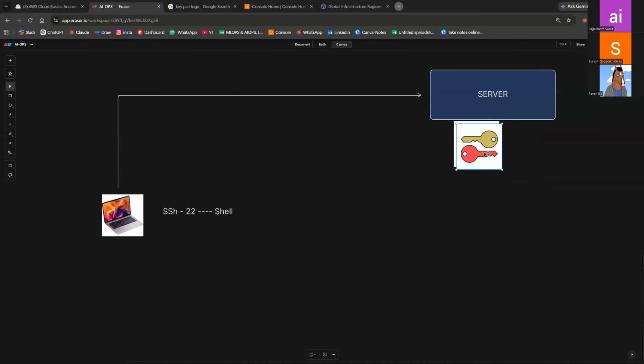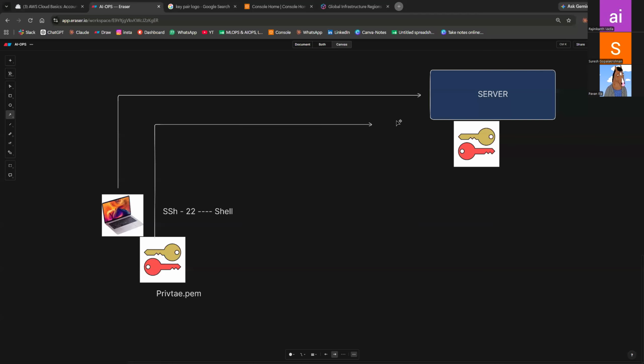One is here and one is with me. The private one is the .pem only. We saw it yesterday. With that only I can connect to this server.